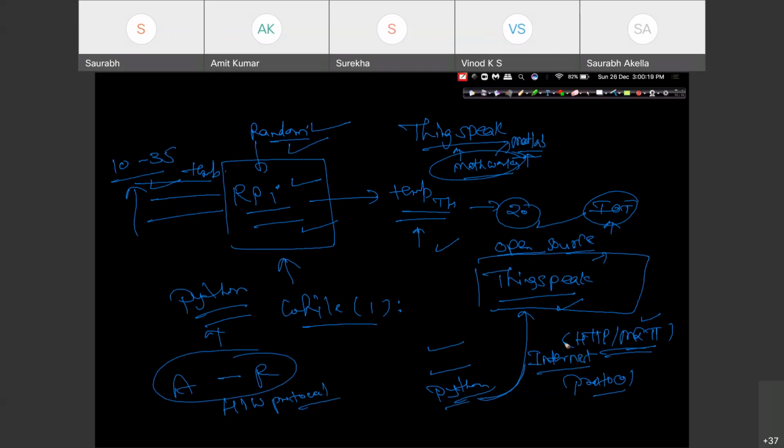So the oldest and easiest protocol that industry uses is HTTP. Using the HTTP protocol, we will be able to send information using Python from Raspberry Pi to ThingSpeak. And to communicate between these two using HTTP, we should have APIs, because nobody is going to give us the authentication for ThingSpeak.